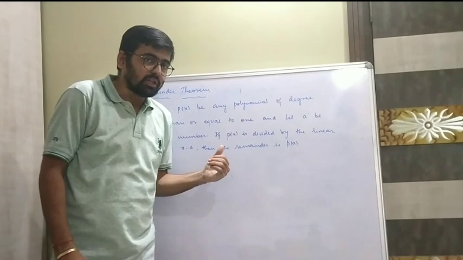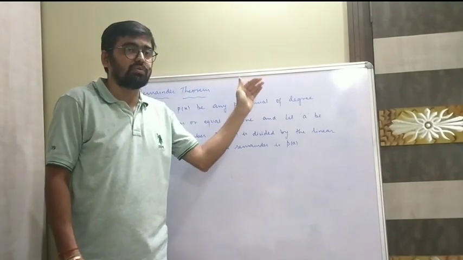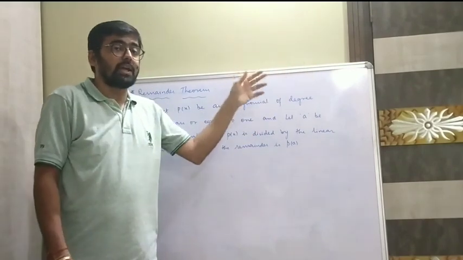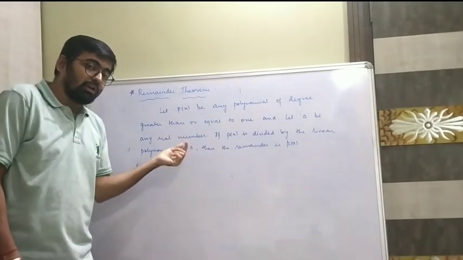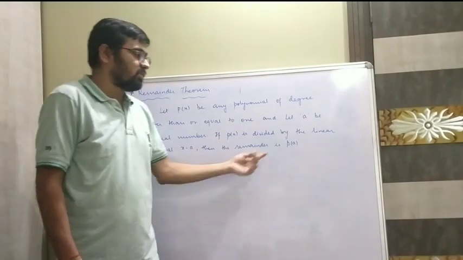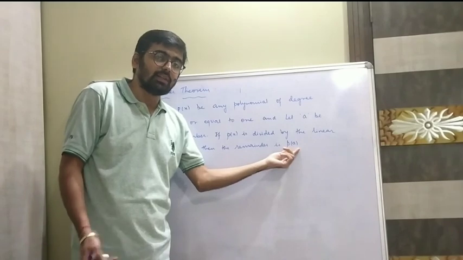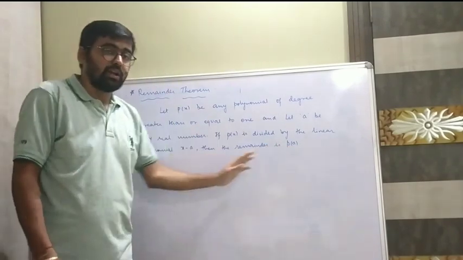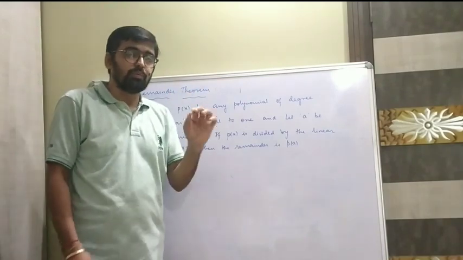Just think of the previous problem. We have one polynomial, 3x raised to 4 minus something x cube minus x minus 1, and we divide it by x minus 1. So that's kind of x minus a. Put that value of a in the polynomial, that is x equals 1. By putting x equals 1, the value of that particular polynomial becomes p of a, that is the remainder. Am I clear? So this is the definition of the remainder theorem, and based on this definition we will solve a few problems in our next class.